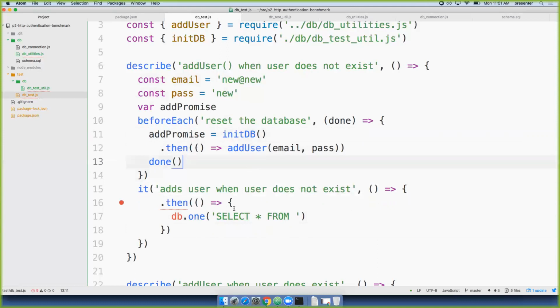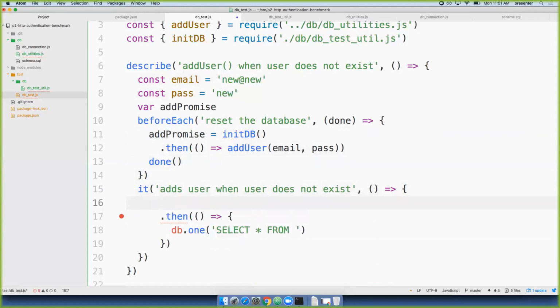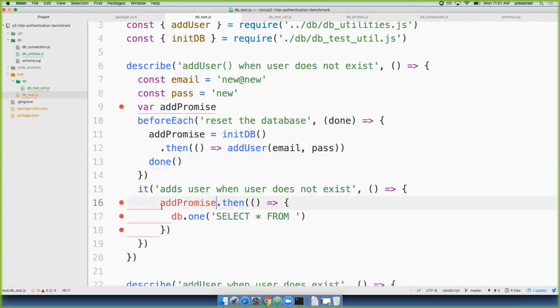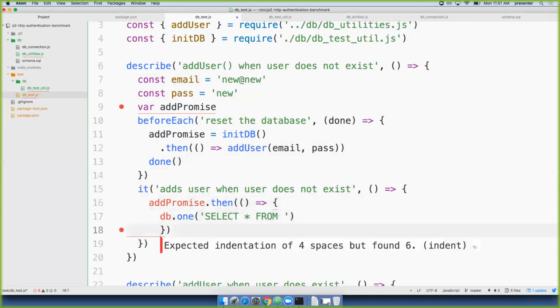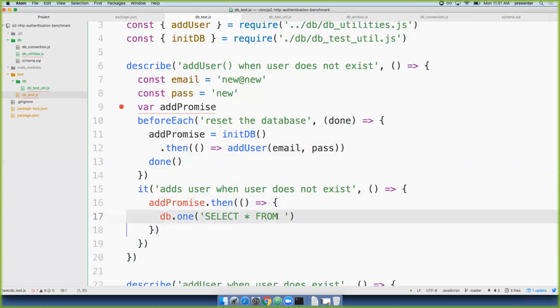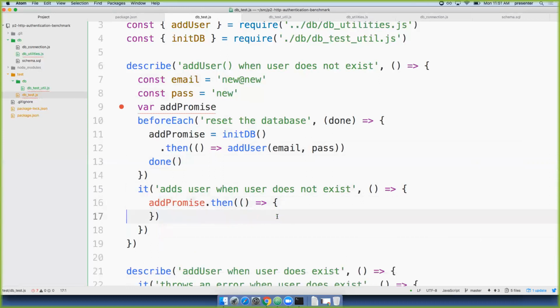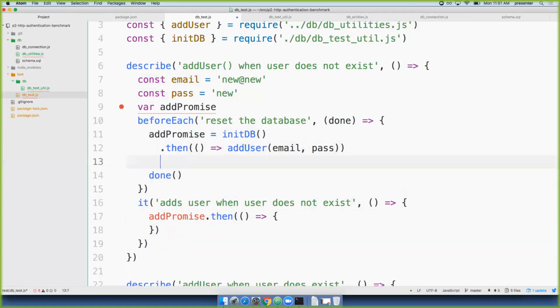Okay. So now I have that promise. So I'm going to say addPromise. Now I can do a dot then on the addPromise. Oh, you hate me, like all over the place. All right, so now I can do a DB. Oh, you know what? Actually, I'm going to want to do this just once also. So we'll do